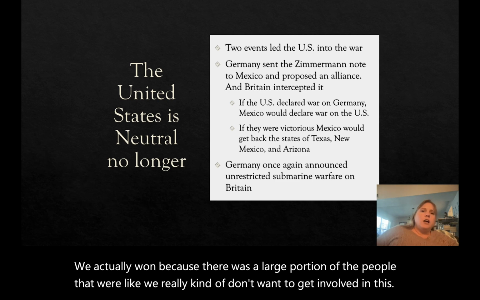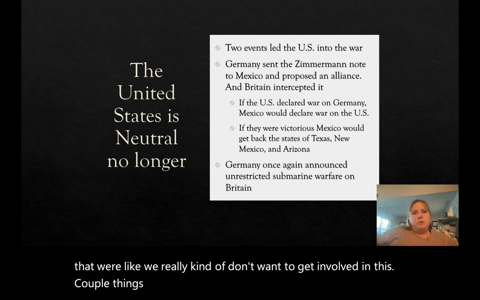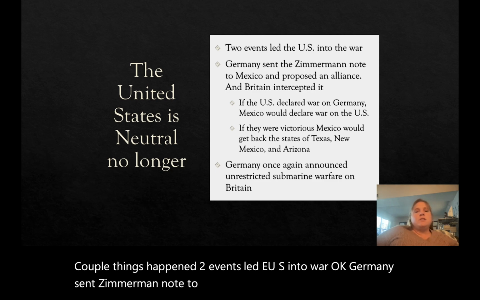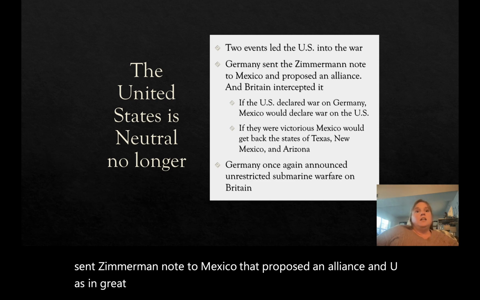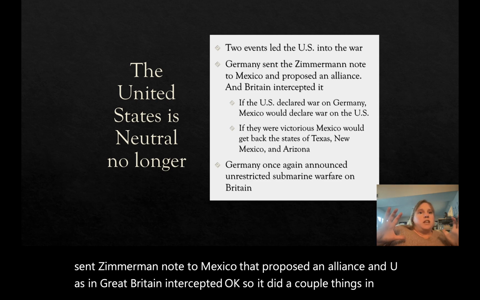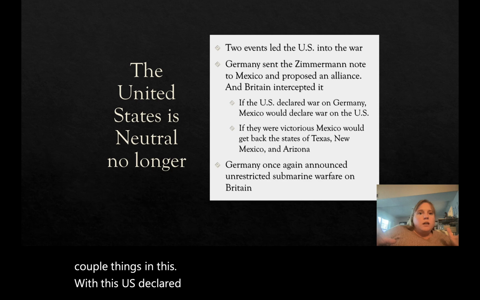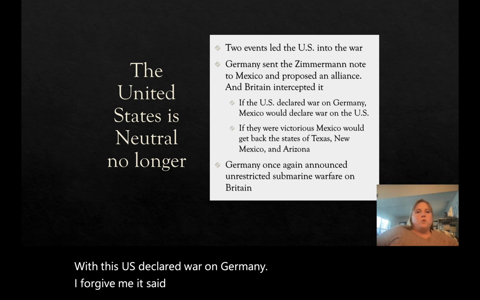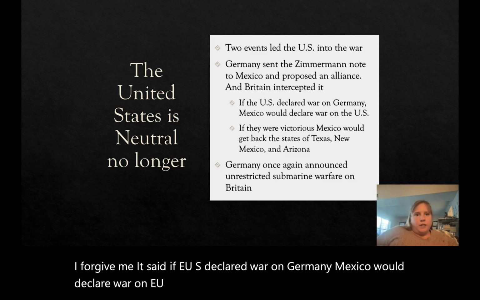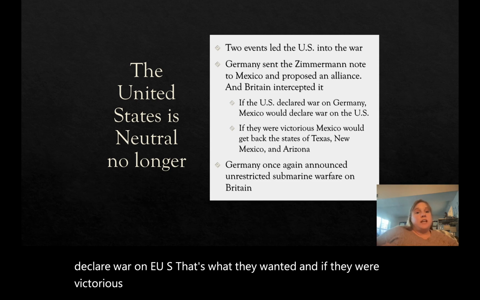Well, a couple things happened. Two events led the U.S. into war, okay? Germany sent the Zimmermann Note to Mexico that proposed an alliance, and the U.S. and Great Britain intercepted it, okay? It said if the U.S. declared war on Germany, Mexico would declare war on the U.S. That's what they wanted. And if they were victorious, Mexico would get back the states of Texas, New Mexico, and